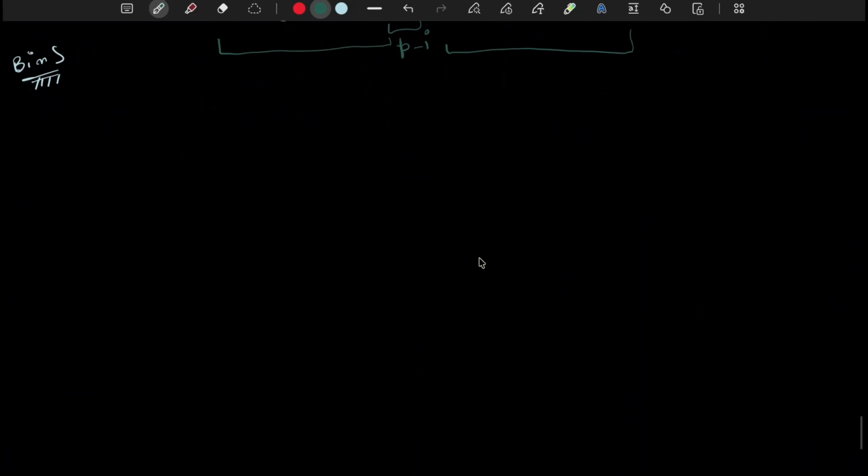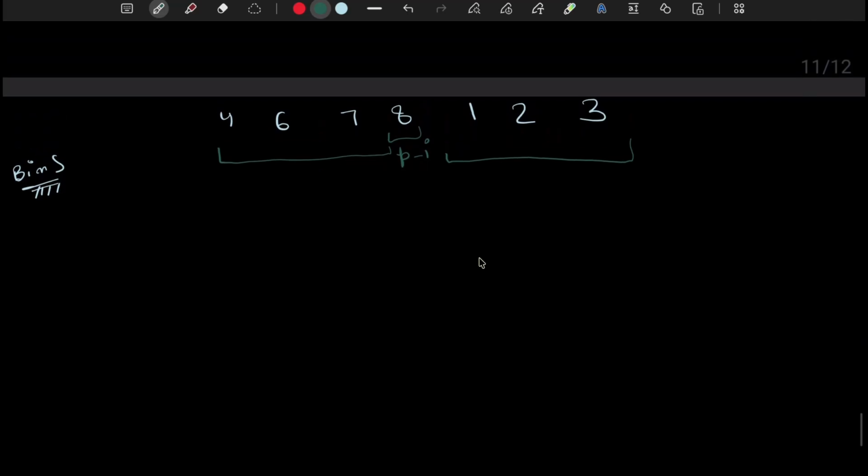To do that, we need to find this pivot index, and what are the properties this pivot index is satisfying. Let's see this, that this pivot index will surely be greater than its left. Basically this arr of pivot index will be greater than its previous,